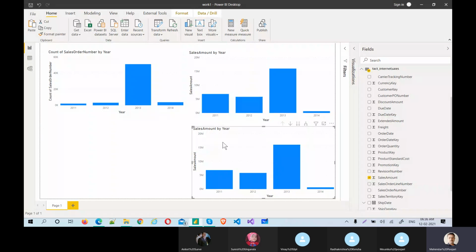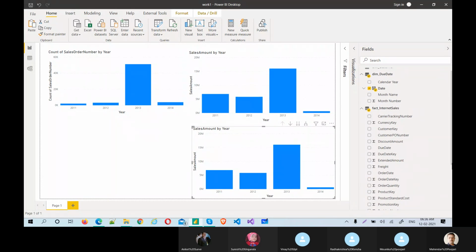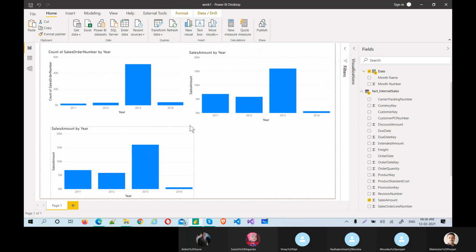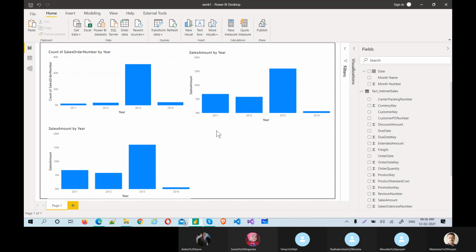Mahendra, just one small thing. Can we create a relationship between two tables on two different dates without creating a relation in the data model and just using the relationship function? No, otherwise how can it understand? USERELATIONSHIP will verify the inactive relationship, whether the inactive relationship is available or not.